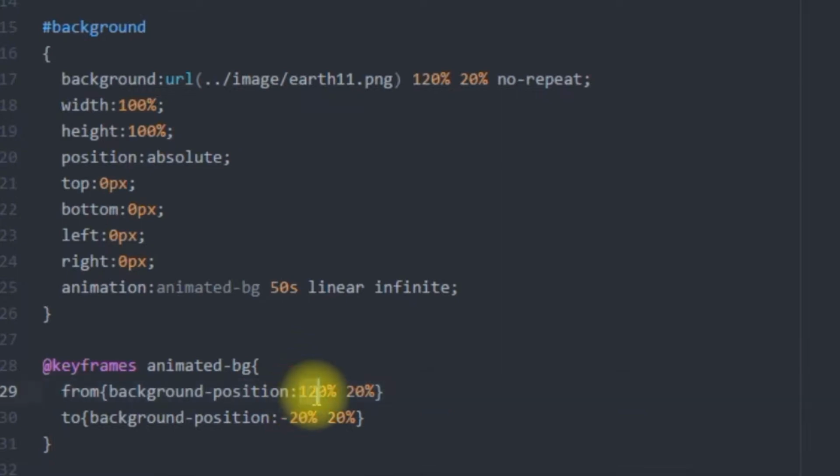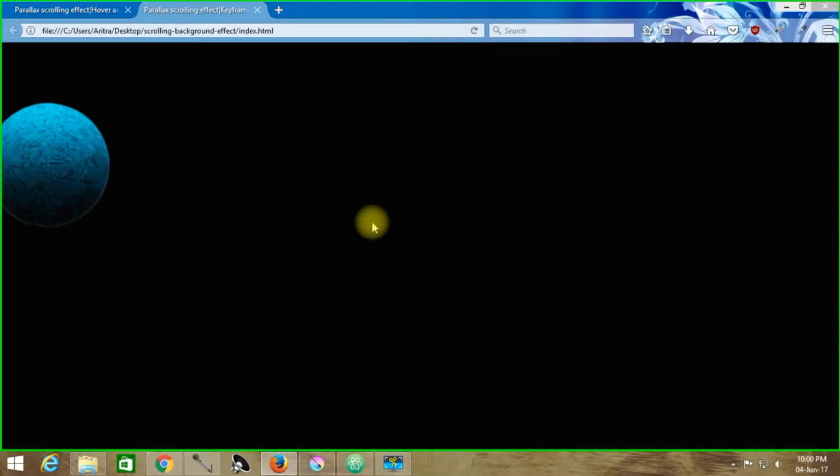As we can see over here, this planet is now emerging from the extreme right, and it is practically moving towards its extreme left, and it will be out of the scope of this viewport. That is why we have made these amendments in the position of this planet. It has been enhanced to 120%, a positive value, and from this positive value it is practically moving towards a negative value. That means it is moving opposite to this left margin. So till then it is perfect, it has no problem.